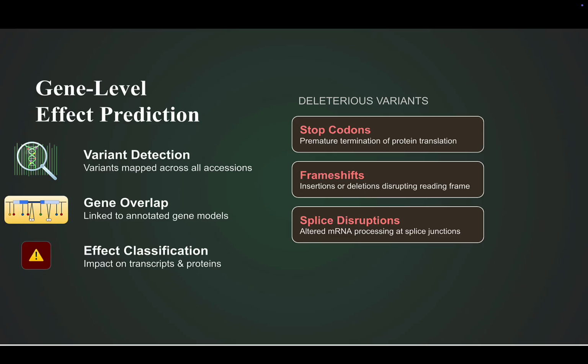As we explore the interface, you'll see how genetic variants are linked to annotated gene models. Whenever a variant overlaps a gene, the system classifies the likely effect of the alternate allele on transcripts or encoded protein products. Particularly important are deleterious protein-altering variants, such as premature stop codons, frameshift mutations, and disrupted splice sites. These predicted loss-of-function alleles are indexed and easily searchable, allowing users to rapidly identify germplasm lines carrying impactful mutations in